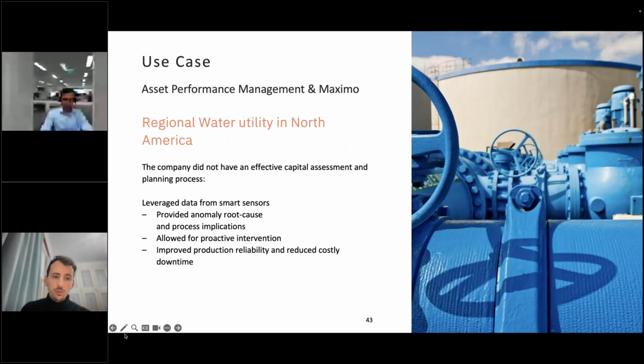We also have a regional water utility who, unfortunately, we can't specify the name in the US. And effectively, similar approach. What we tried to then do was leverage some of the smart data coming from the IoT and the sensors that they do have. Pumps are everywhere. Pumps can do a lot of things with vibration analysis. And if we try to consolidate those instead of having specific point solutions across different areas in the processing plant